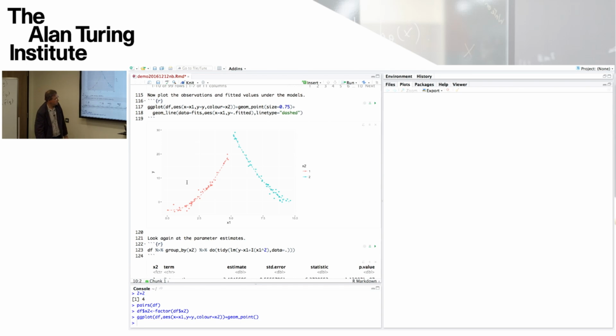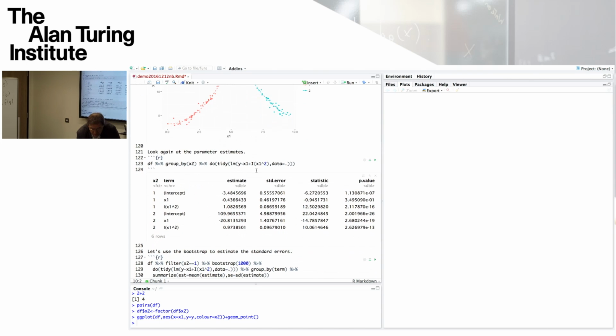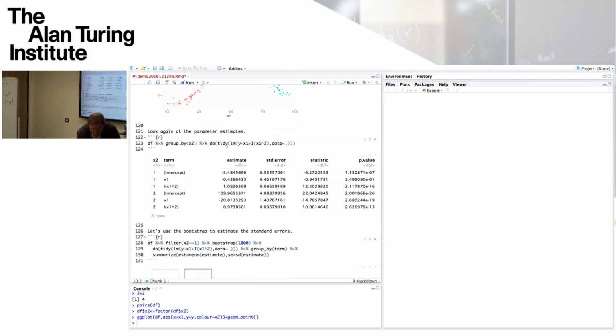Okay. So if I just look again at the parameter estimates, so if I do a tidy rather than an augment, then these are the parameter estimates. And maybe I can just finish here, so I think we'll not have a lot of time to discuss this, but if you've seen the idea of a bootstrap, have people seen bootstrapping? Okay, so there is a way to do bootstrapping very nicely with these pipelines.